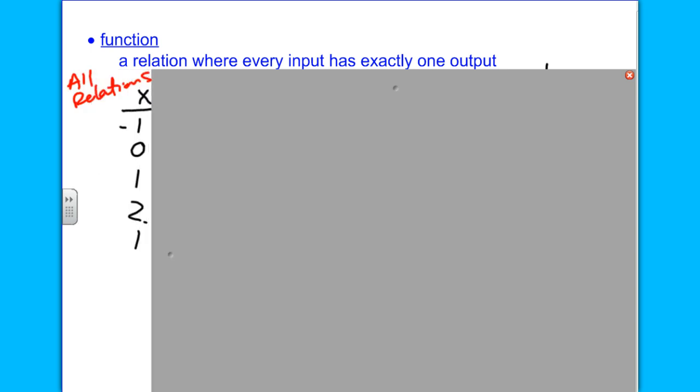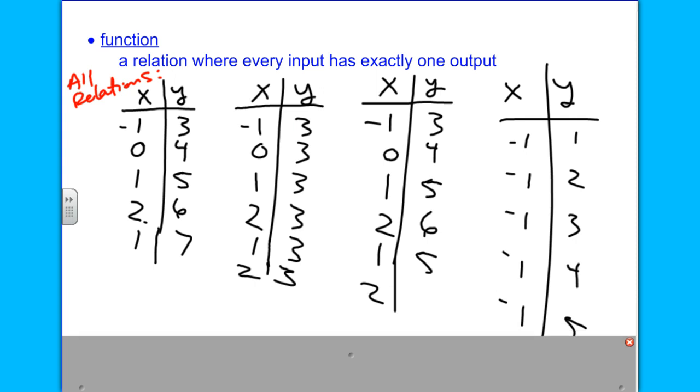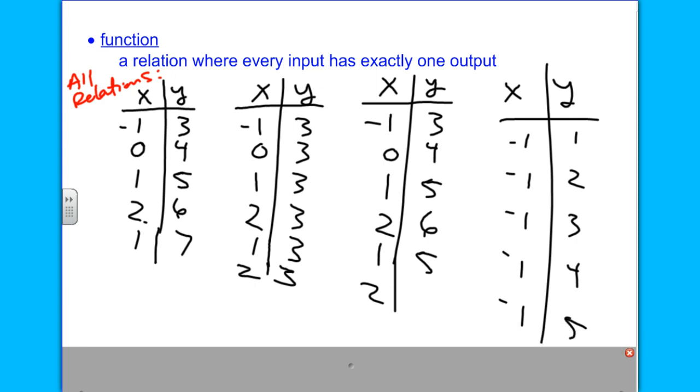That's key. So we have a bunch of relations here. The question is, are any of these relations functions? Or are some of them just random relations? A relation can be a function or it might not be a function. Do you see? So go ahead and take this data down and then we're going to walk through each and see which ones are functions.